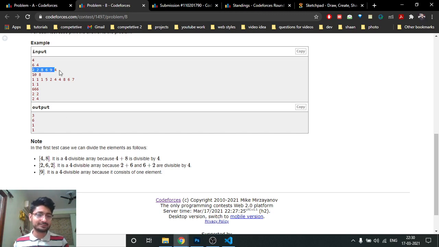Now if you look at the first example, you can see that we divide the whole array into 3 arrays: this is the first array, this is the second and this is the third, and we have to use all the elements obviously. In the first array, if you take any two adjacent numbers, there are only two numbers, and their sum should be divisible by 4, which is m. As you can see, the sum is divisible by 4. In this one also the sum is divisible by 4. And in the last one the sum is not divisible by 4, but because we have stated in the question that a one-element array is also called m divisible, that is fine. So the answer of this is 3.